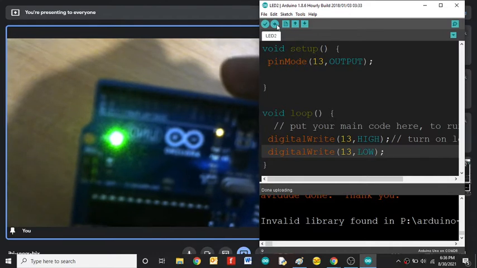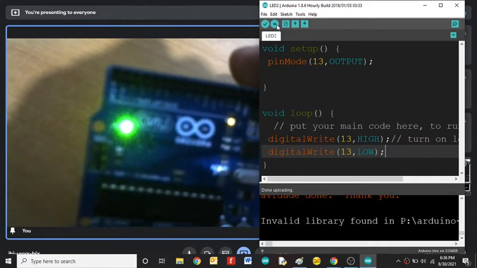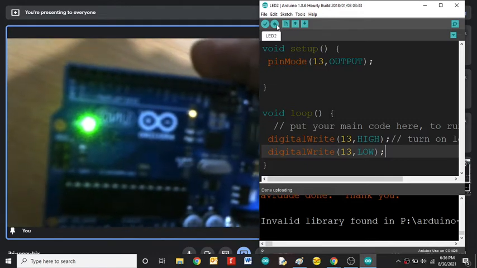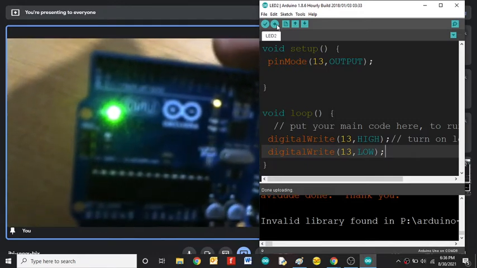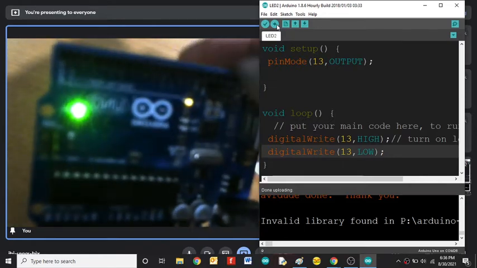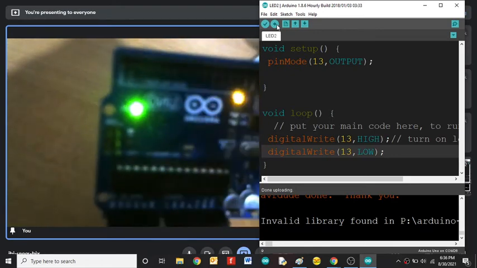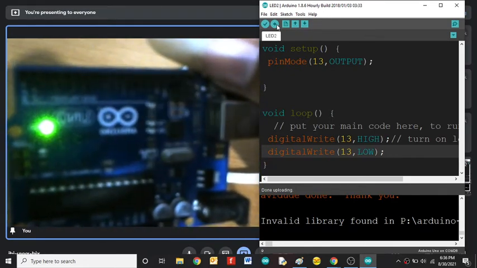So why? Why is it not blinking properly? You can see here, I will just reset the board. So this is the proper operation, you can see.